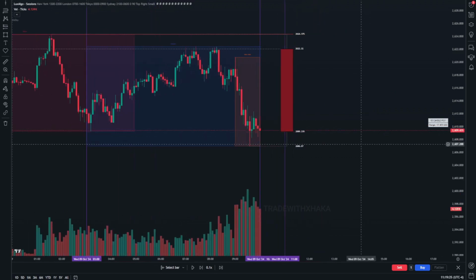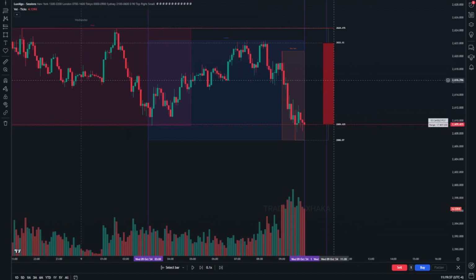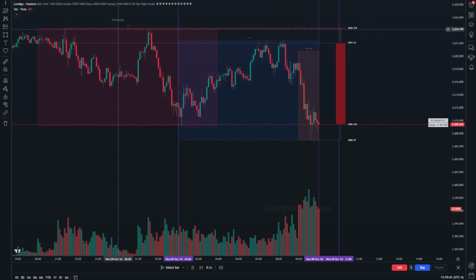Now we are in the New York kill zone. How do we attend to this trend? Because what is our trend? Market is in downtrend. Don't get confused here. Look at it. This is the opening of the day, and price failed to get above it. After this London session